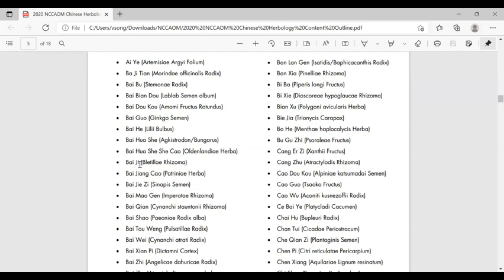The next one, 白及, comes from the category of stop bleeding, under the section of stop bleeding and astringent category. So 白及 is one of the herbs able to astringe and stop bleeding, and especially nowadays is focused on lung and stomach bleeding issues and generate